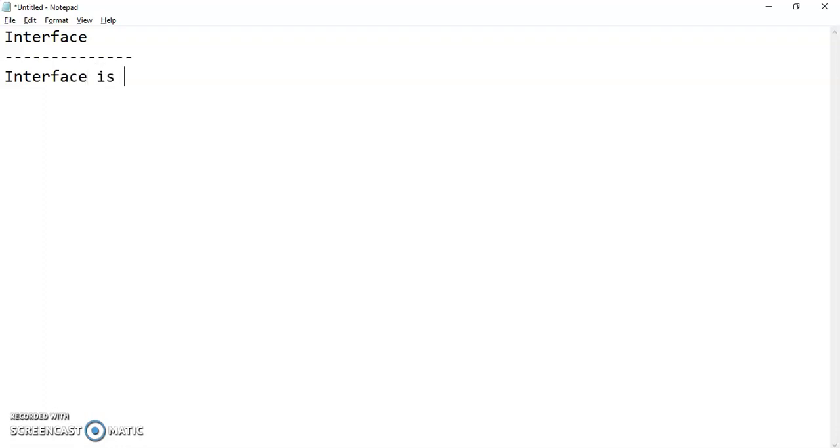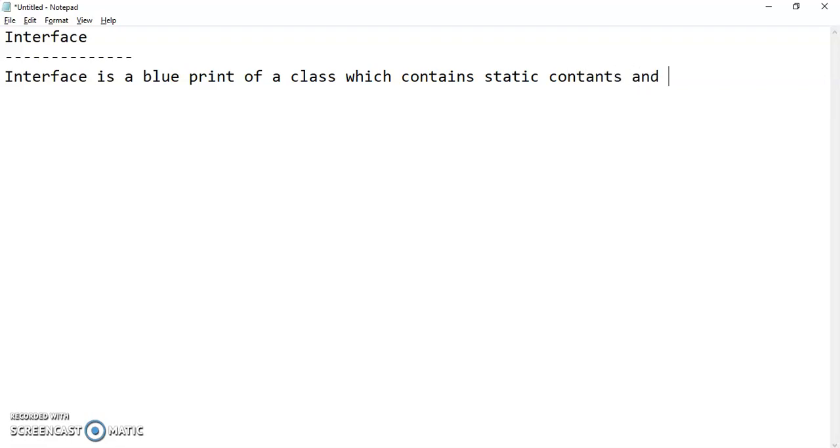Interface is a blueprint of a class which contains static constants and abstract methods. Okay, so what are abstract methods?